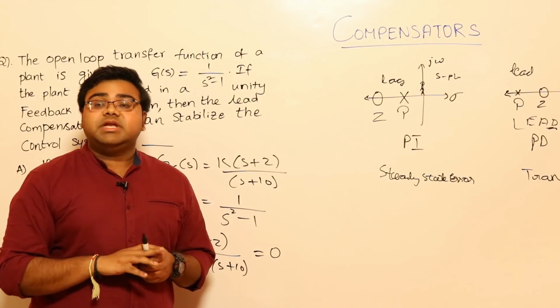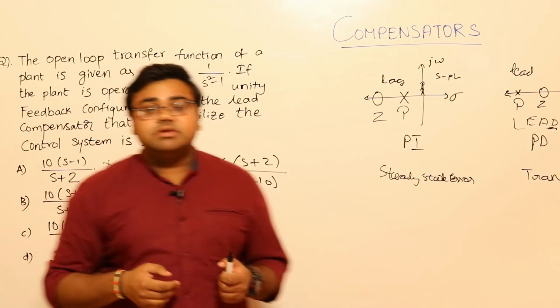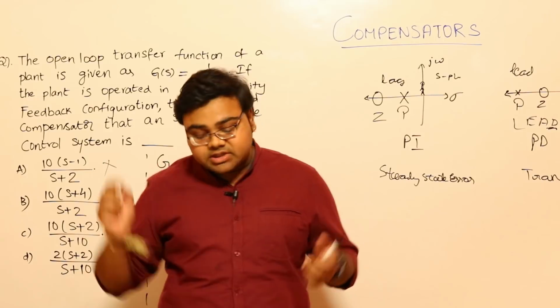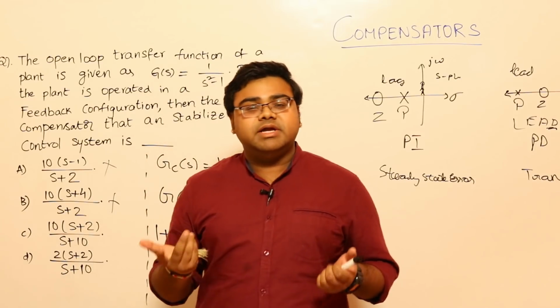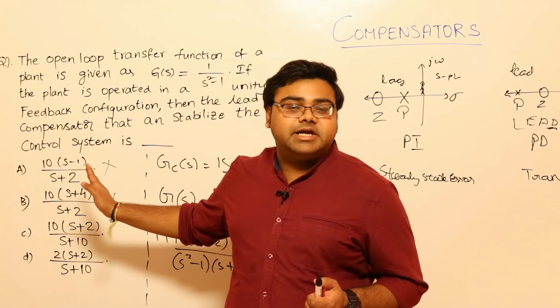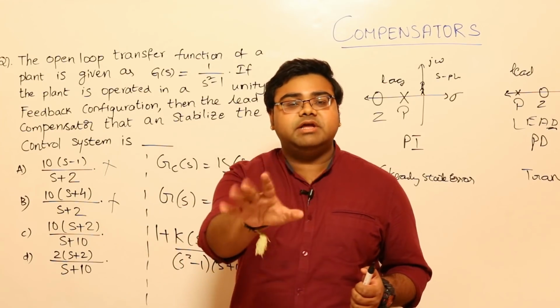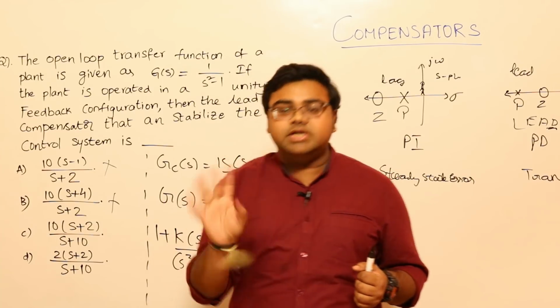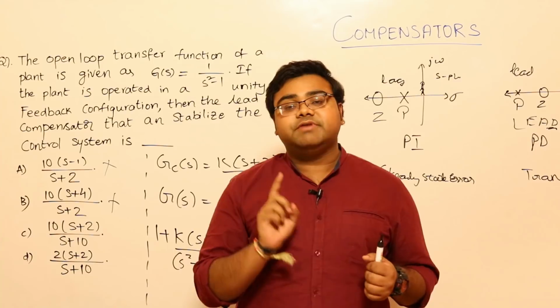Now, many people, the moment some question comes, such as what is the range of k for which the system will be stable, will take a pen and immediately jump into applying Routh-Hurwitz criteria. This question is actually Routh-Hurwitz criteria indirectly asked, but nobody will find that out. Everybody knows how to apply Routh-Hurwitz criteria, but what they don't know is when to apply where.